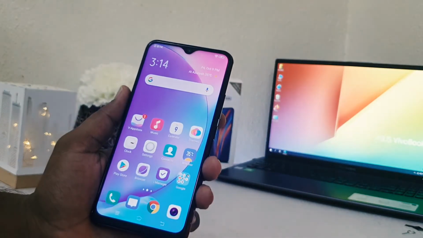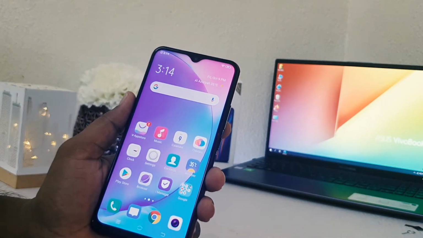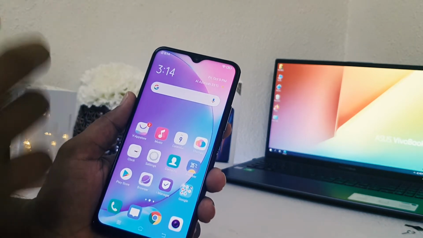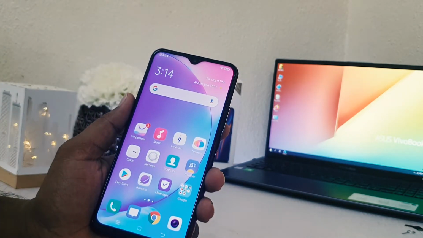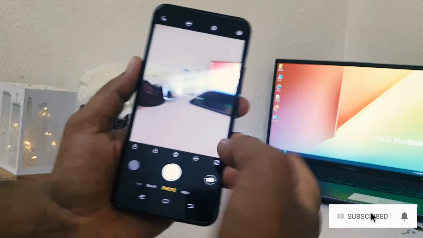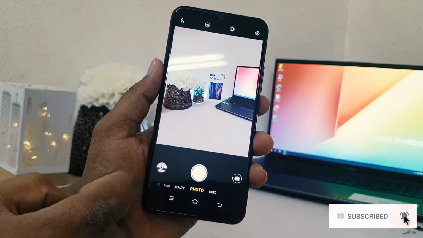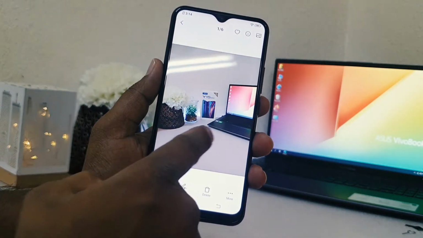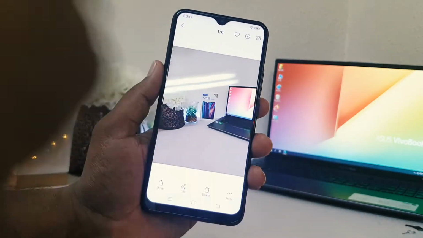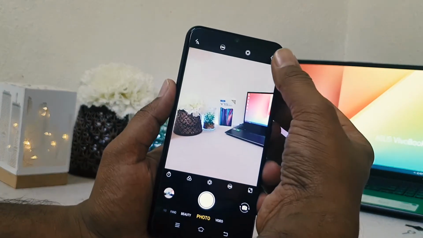For example, you are taking a picture and you want to enable your device model watermark, or you want to enable date and time watermark. For example, if I'm going to capture something, I'm going to take a picture of this, and if I go see the picture, there is not any date and time or model watermark enabled. So if you want to enable this, you have to go on your device,